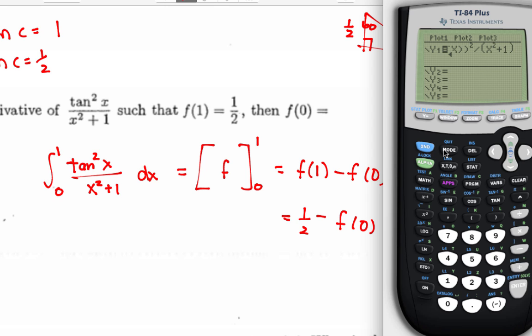So now what we're going to do is math 9, fnInt, from 0 to 1 of that function, y1. And the derivative is with respect to x. So we get